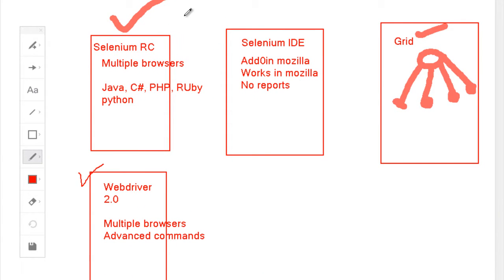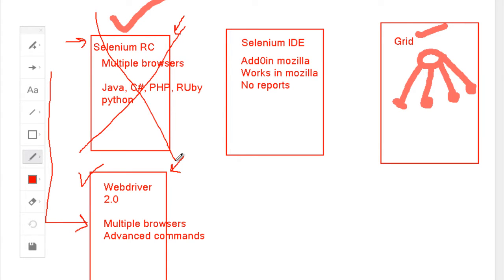People who have worked on Selenium RC, when they look at the WebDriver code, they are not able to understand it. Or people who have worked on WebDriver, when they look at RC, they are not able to understand it. You as an end user can directly start working on WebDriver. There is no need to learn Selenium RC. It's obsolete now, it's done, and it's gone way back. Only the companies which have their scripts already developed in RC are still using it. Otherwise all the new development work is done in WebDriver.